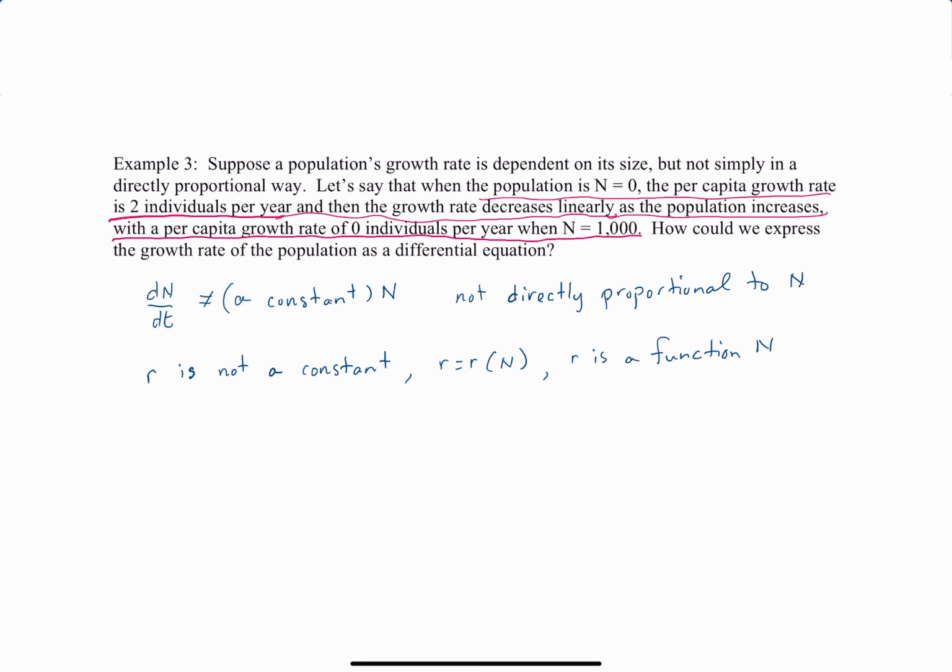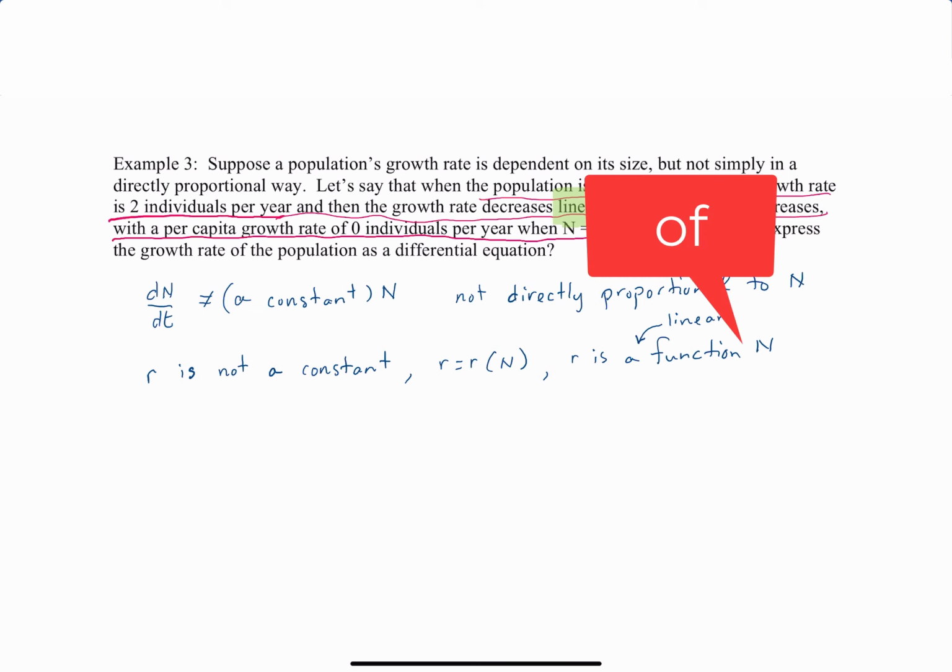Can you spot the word that tells us what kind of function we have? It's this word linearly. That tells us that r is a linear function of N. All I need to get the equation for that is 2 points on the line,